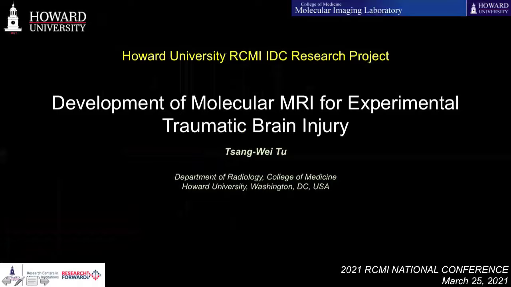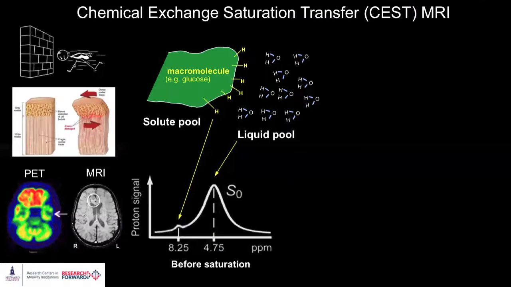I'm going to talk about a study using CEST MRI on traumatic brain injury. TBI can cause diffuse axonal injury, usually at the junction between gray matter and white matter. After days and weeks, the injured brain enters a secondary injury phase where lots of pathological events, including inflammation and metabolic